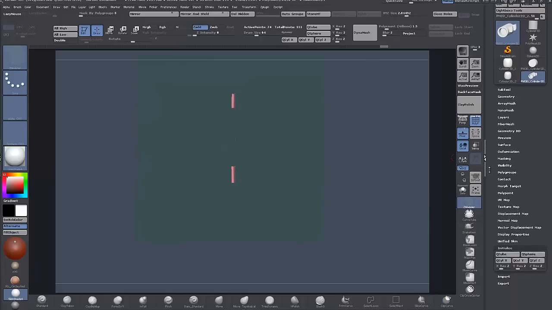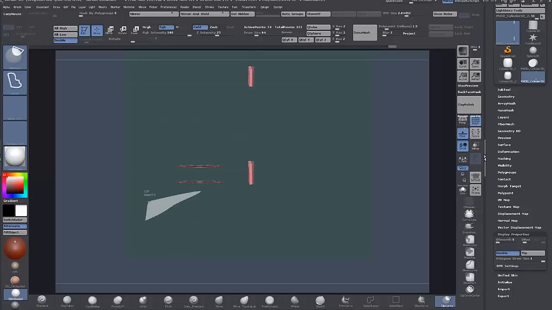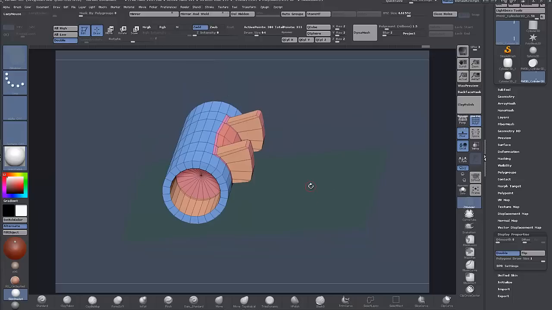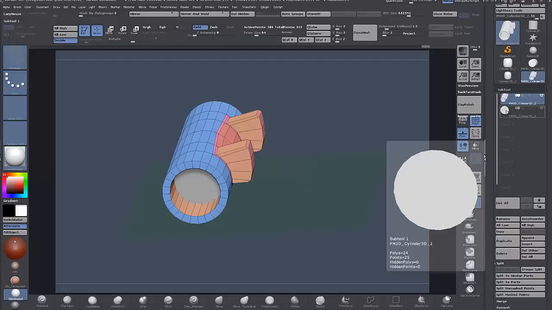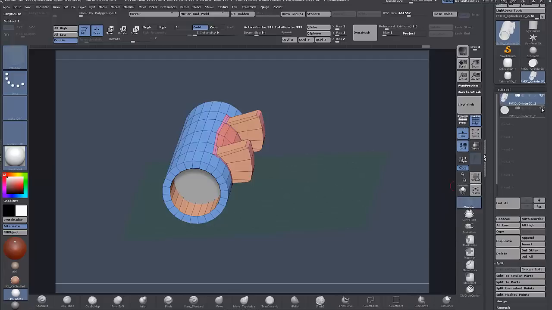I'm just going to come down here to display properties, turn on double, and now what I'm going to do is go back to select lasso tool, and isolate that, and Control W to make it its own polygroup. And then I'm going to Control Shift swipe to invert that selection. And now I'm going to go to Subtool, down to Split, and Split Hidden, and our lens now will be in its own subtool. So for the moment we can hide that